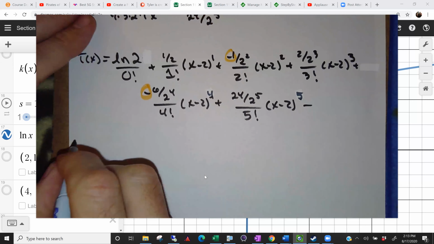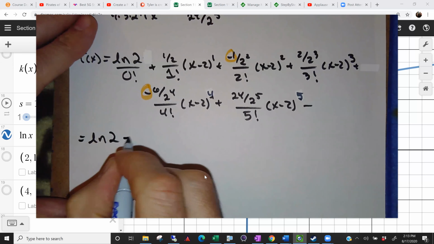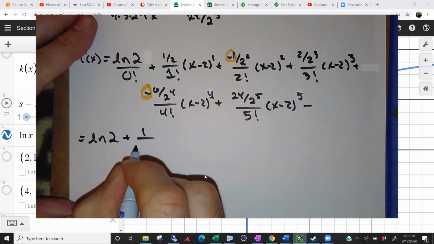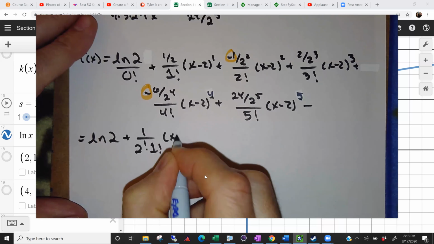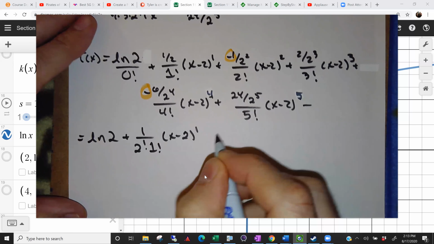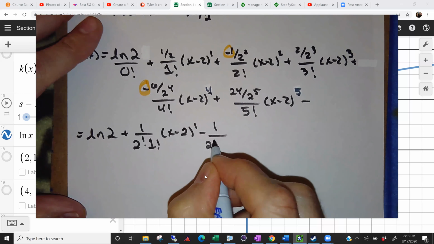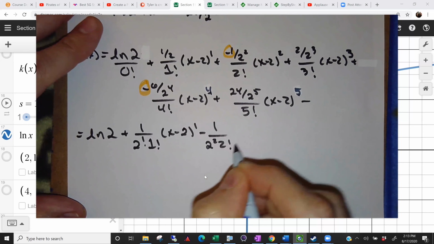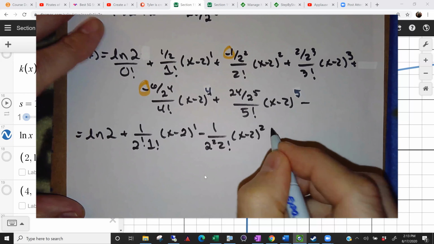So it's going to look like this. ln of 2 plus 1 over 2 to the first times 1 factorial times x minus 2 to the first, minus 1 over 2 squared times 2 factorial times x minus 2 squared